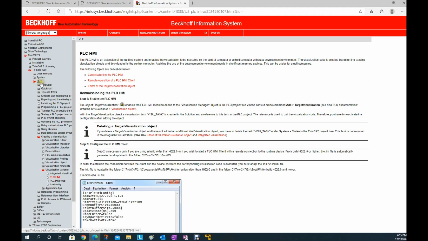check out this hierarchy under the PLC, create a visualization and check out this variant PLC HMI, this page. This page explains how we can automatically start up the HMI project, especially the description for this. So before 4022, we need to manually configure this INI file. So we need to use the PLC code to program this directory and call the HMI,